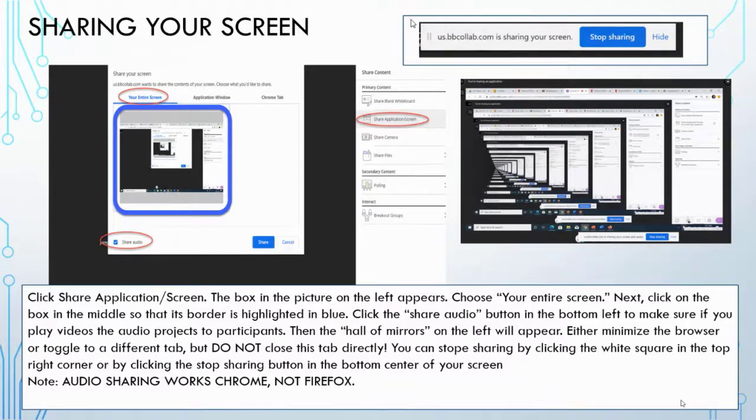I think application window and the tab is limited, because then you have to stop sharing and go to a different tab. I prefer sharing your entire screen, because then you can navigate through your computer. So I would click on your entire screen, and as you see, I have a blue circle around that whole area. You need to click on that area and highlight it, and then